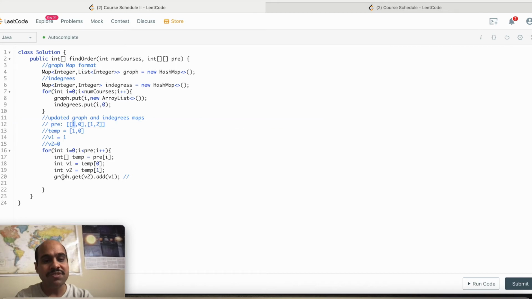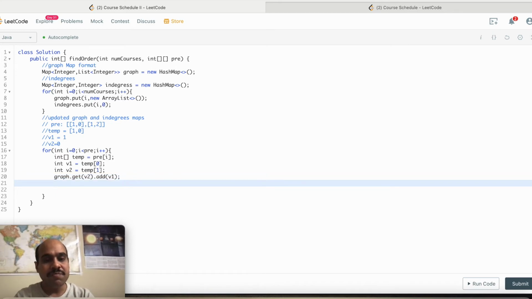So this part is doing this. Graph dot get v2 will return me a list of integer, whatever current neighbor nodes it has, and then I'm just simply adding in that list the current value of v1. So this will do this part.